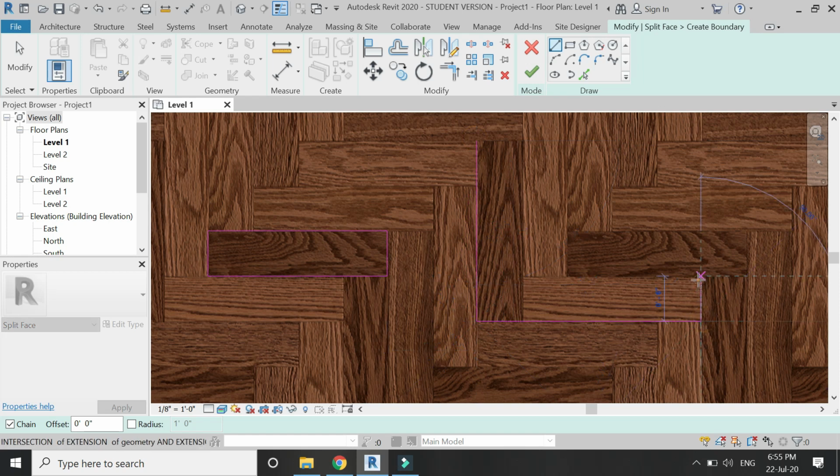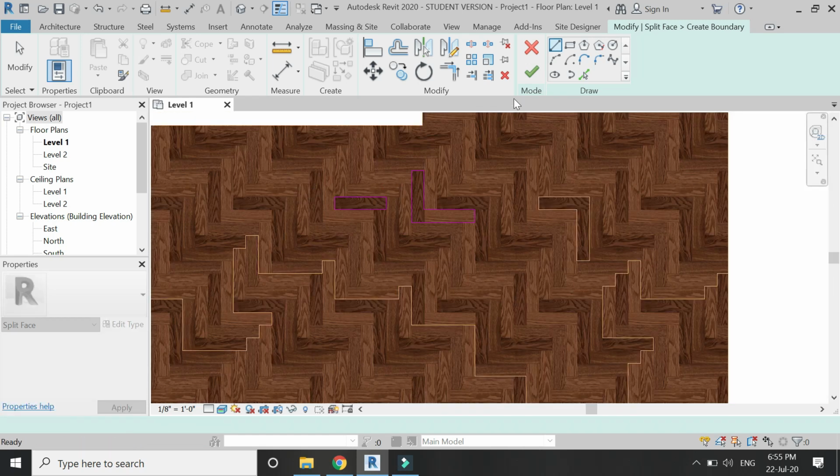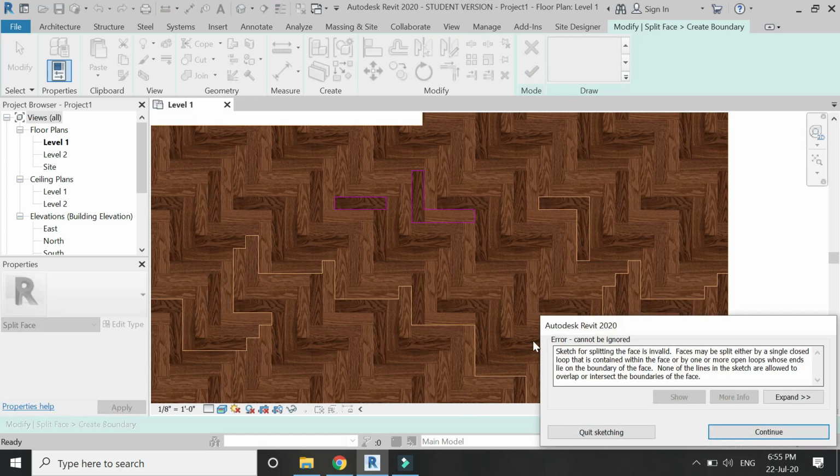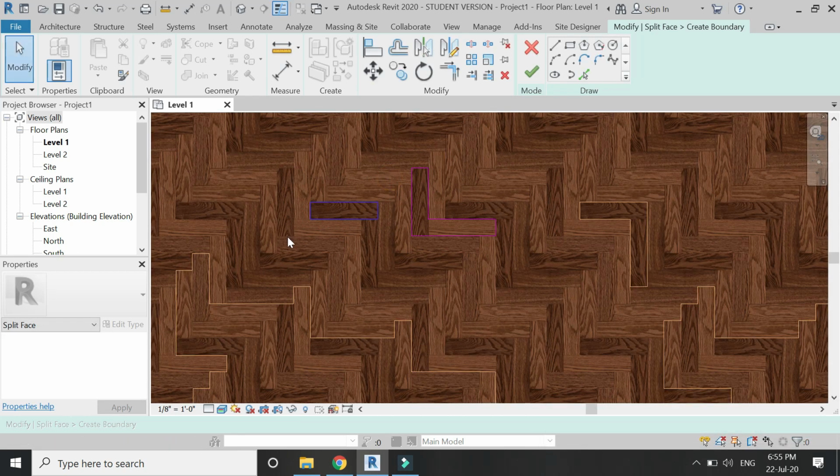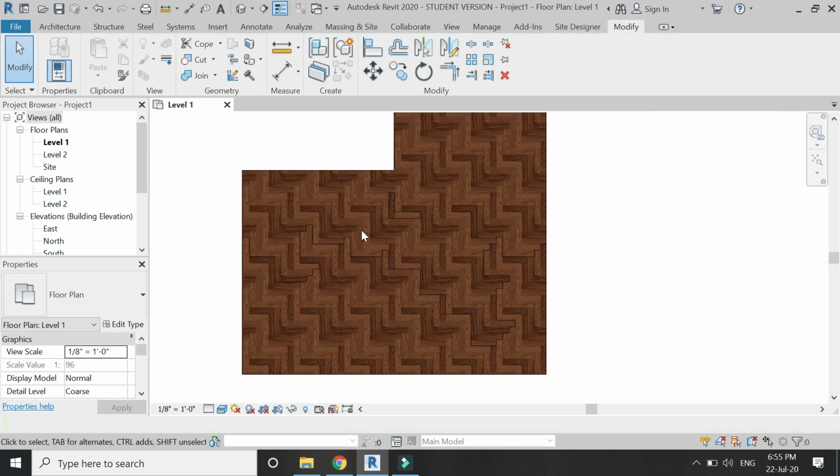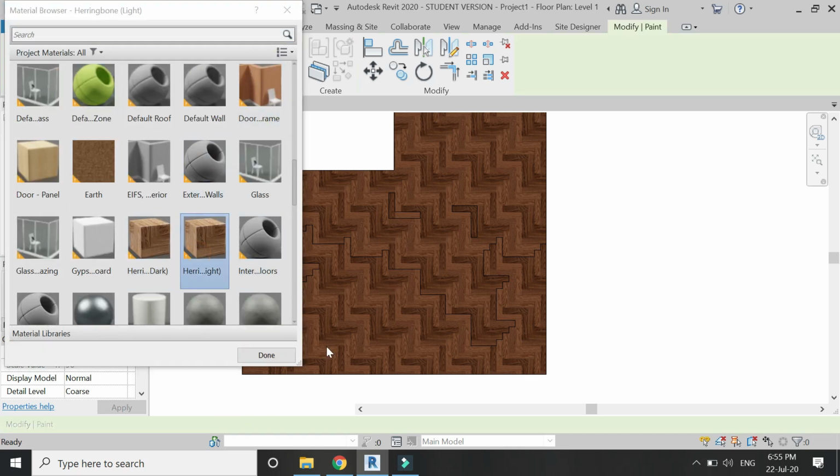If by using the split face command you have created two or more loops, it will create an error, as you can only create one loop at one time. To create the other loop, you have to use the split face command again. So that is quite a negative point for this command, as you have to use the split face command again